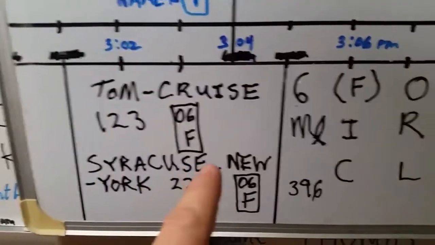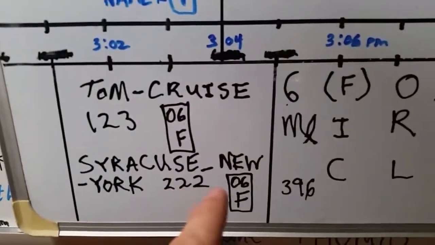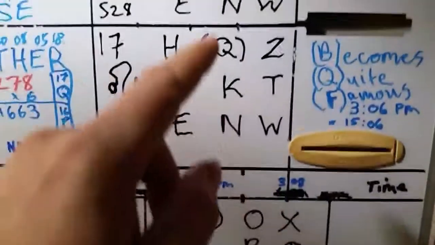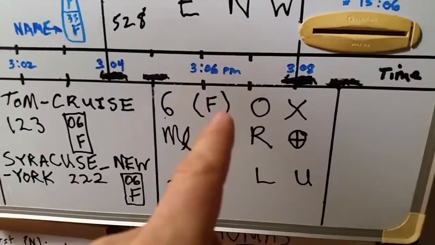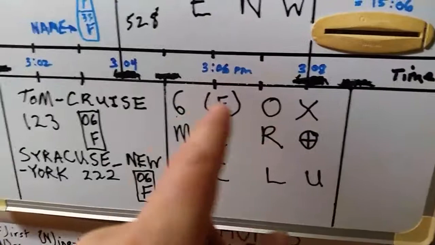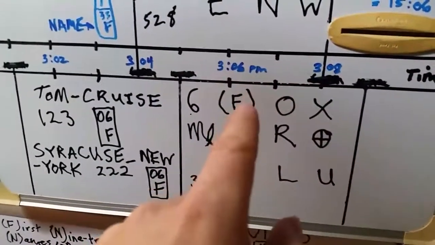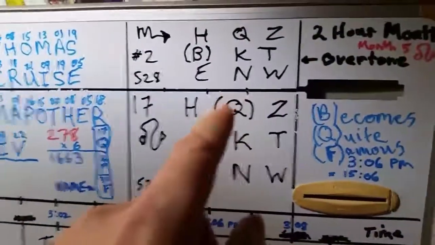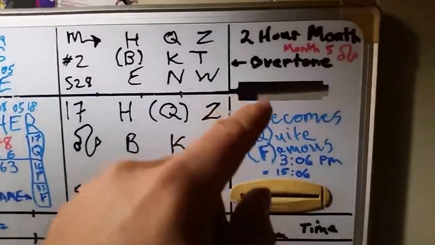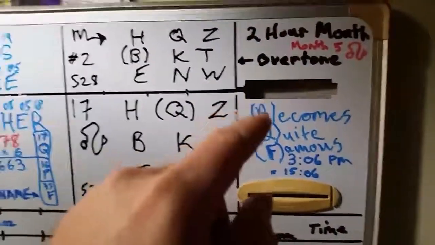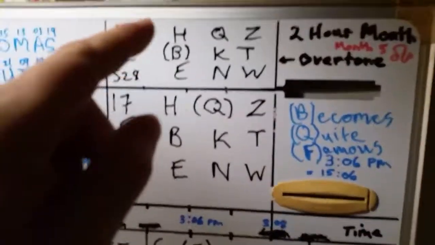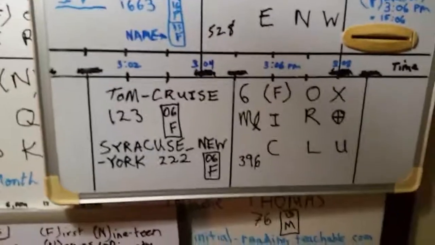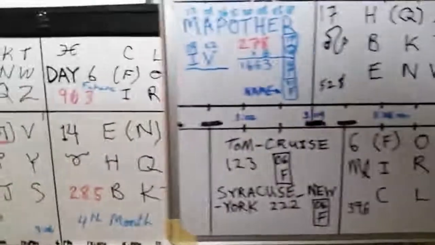And if I add Syracuse, New York together, it's 222, that's an F. So you see this connects to here, the material world stream: famous Tom Cruise, Syracuse, New York. And that's his full name. So we look at these bracketed letters, becomes quite famous. All right, so I hope you have enjoyed this video,